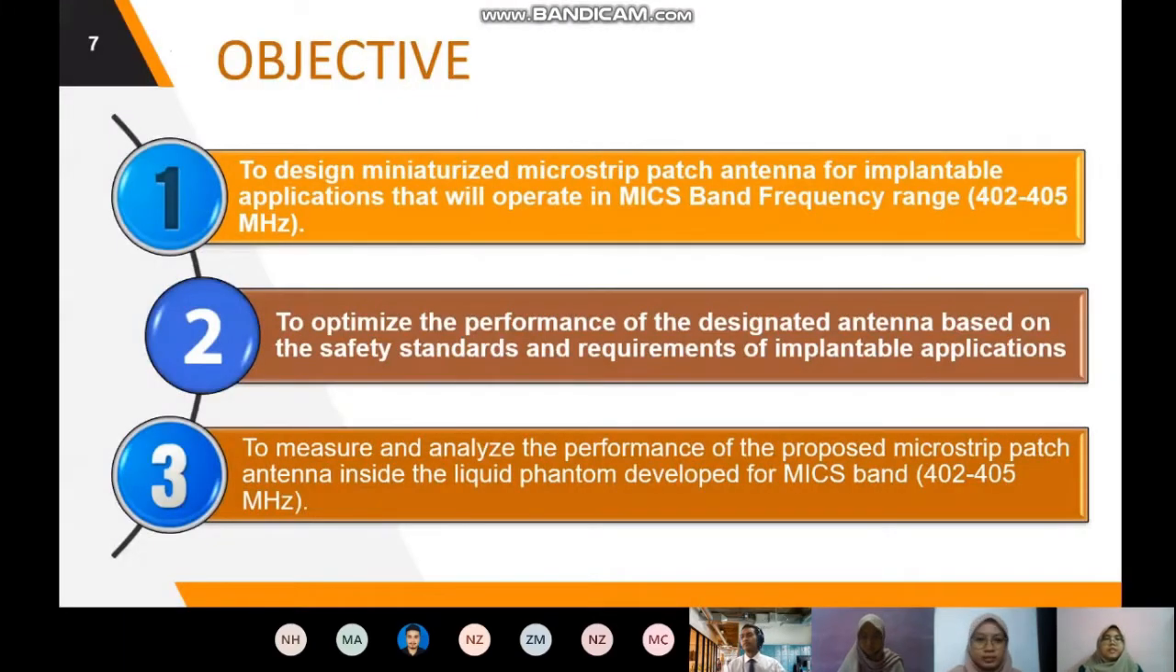So, these are the objectives for our project. First is to design a miniaturized microstrip patch antenna for implantable application that will operate in the MICS band frequency range of 402 to 405 MHz, to optimize the performance of the designated antenna based on the safety standard and requirements of implantable application. Second, to measure